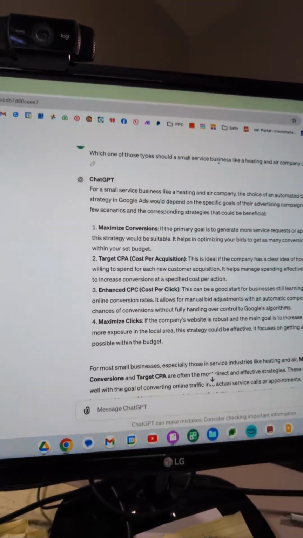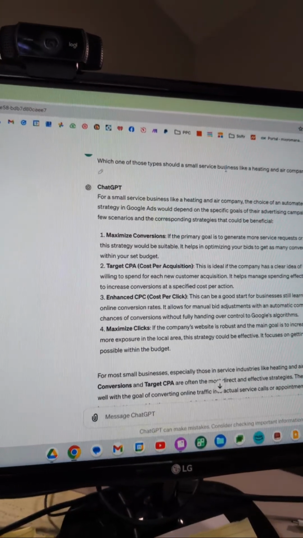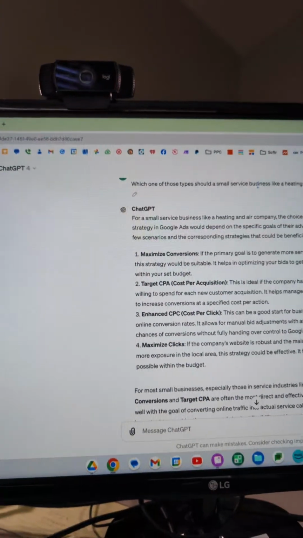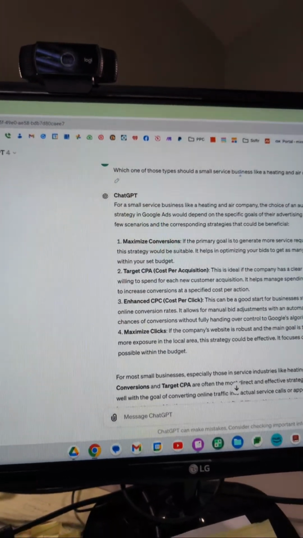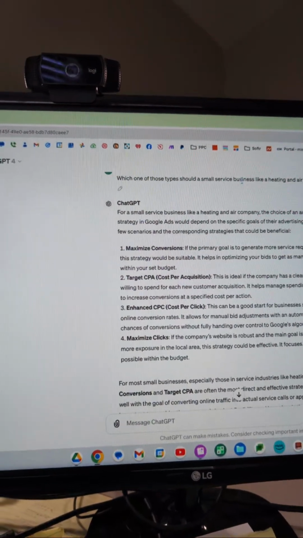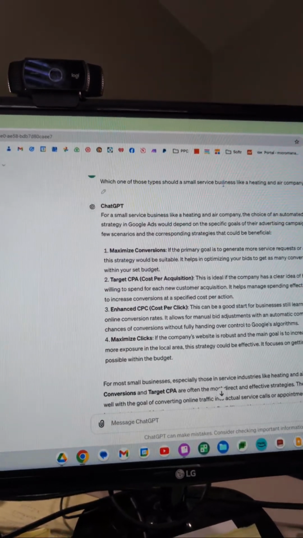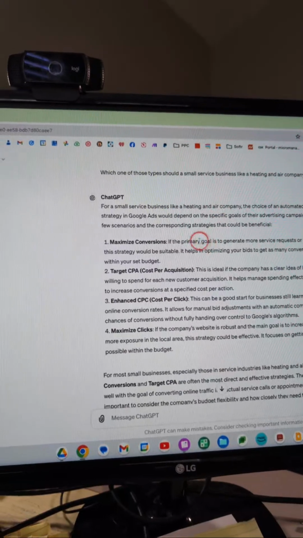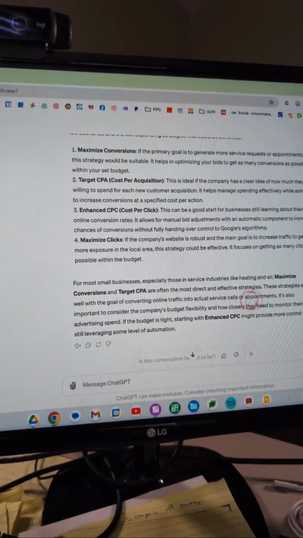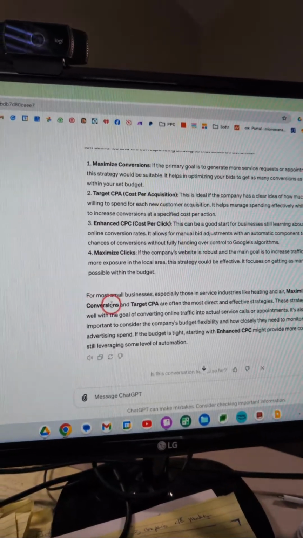You'll usually see maximize conversions, target CPA, cost per acquisition, enhanced cost per click, maximize clicks. Now, these are the ones that a small business should choose from. There are more than that, but I do happen to agree with their strategy here about choosing either maximize conversions